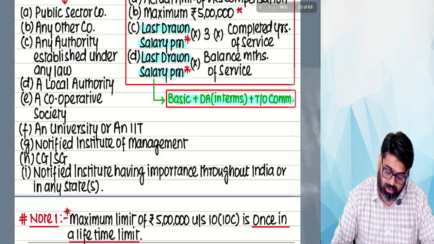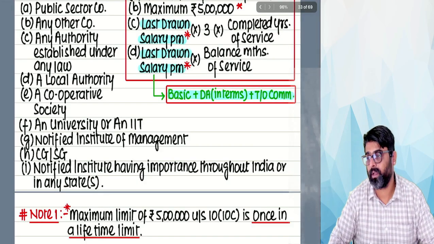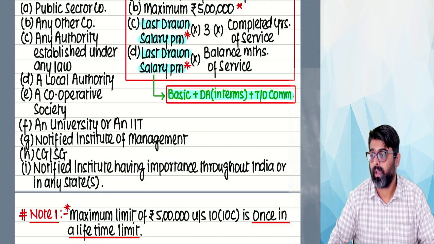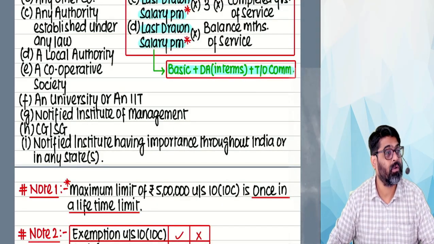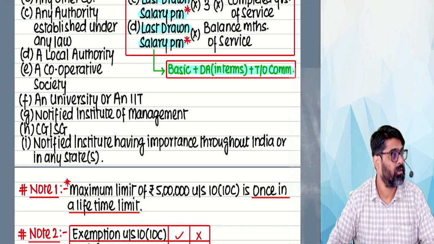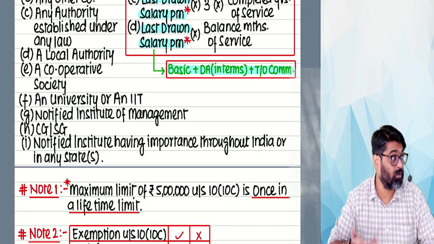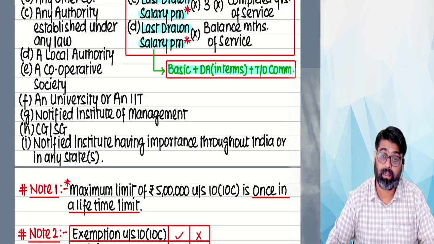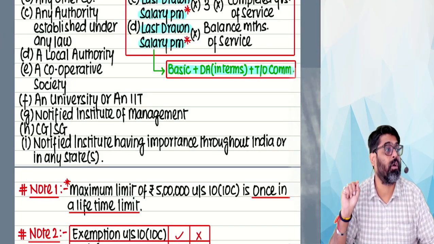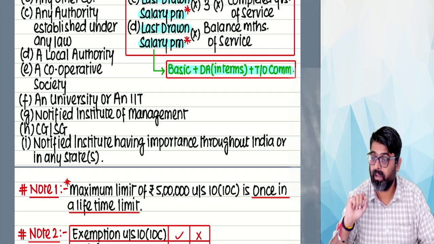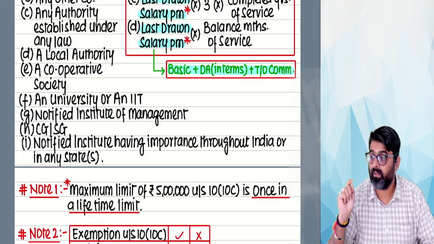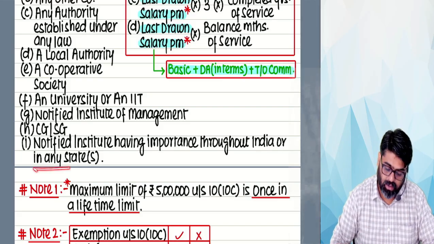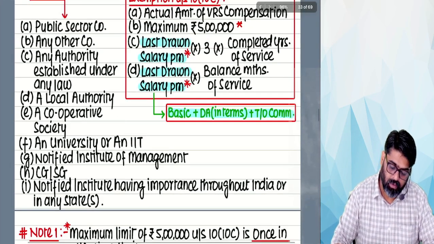Then you can be the employee of any local authority. You can be the employee of any cooperative society. You can be the employee of any university or IIT. IIT, you know, Indian Institute of Technology. So you can be the employee of any university or IIT. You can be the employee of notified institutes of management. You can be the employee of central government or state government. You can be the employee of a notified institute having importance throughout India or in any state. So if any of them are your employers,